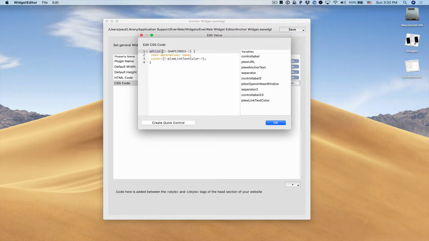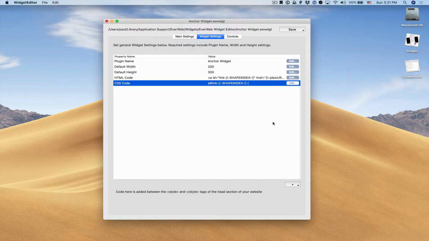And from our CSS code here that modifies our link, all we have to do is include some special internal variables. So to do that, we are going to type font-family, and we're going to reference an internal variable. To reference the internal variables for fonts, we have to use the percent sign, and then font family CSS. This special variable will actually export all of our font data as CSS code. So if we add this, save our widget, go back to EverWeb,